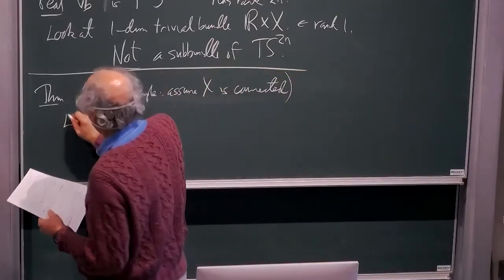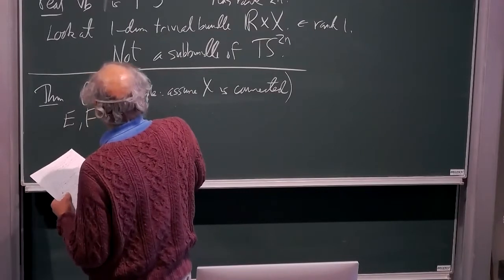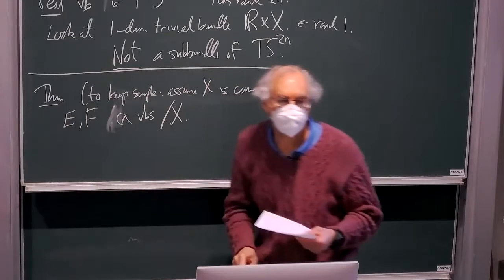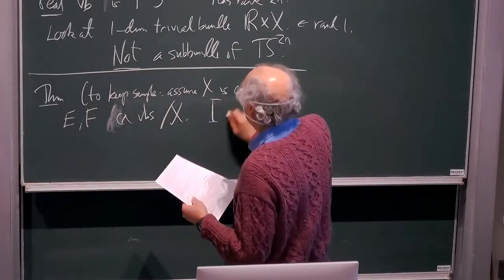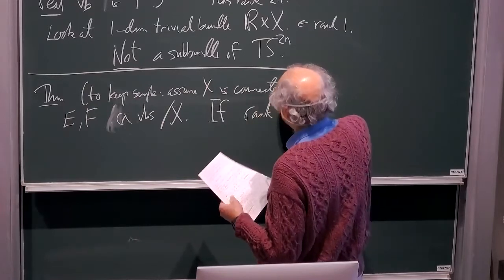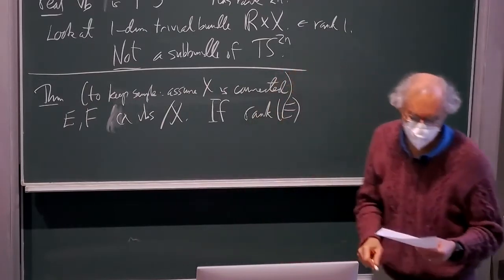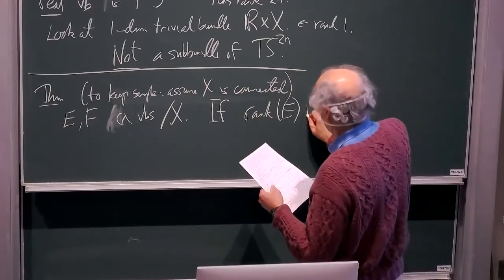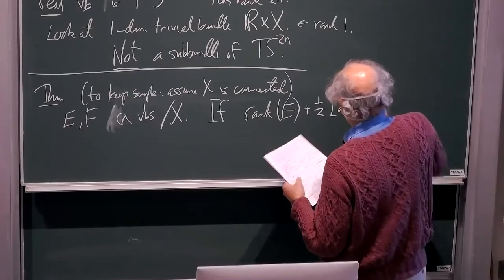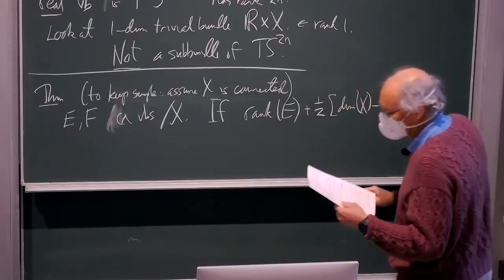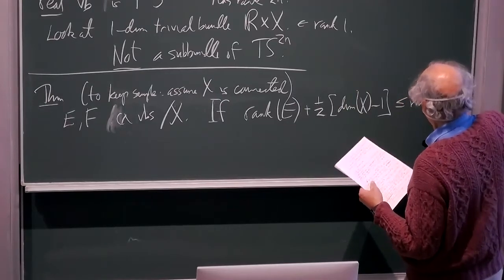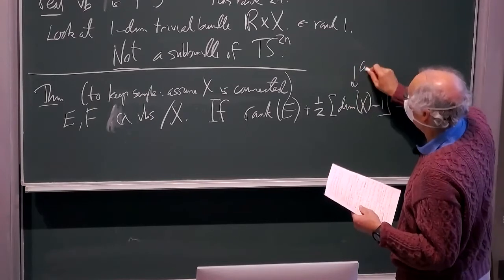So if E and F are complex vector bundles over X, and if the rank of E, just the dimension of one of its fibers, plus 1/2 of dimension of X minus 1 is less than or equal to the rank of F, and this is covering dimension,